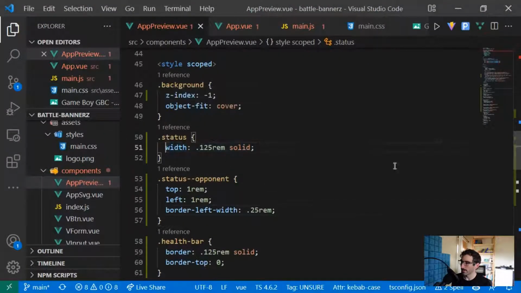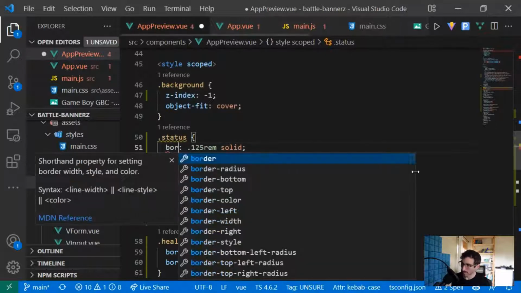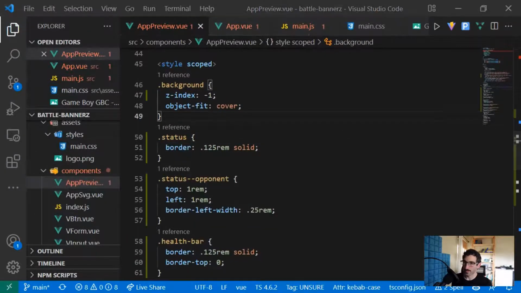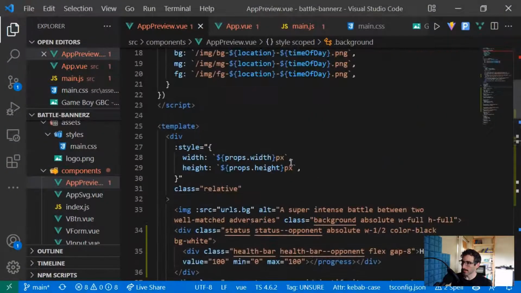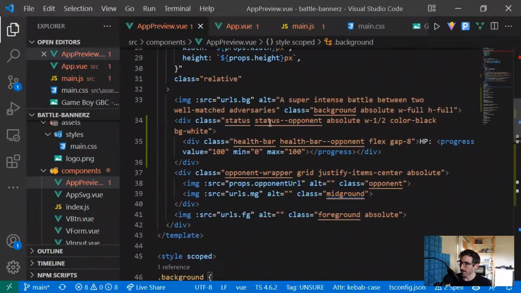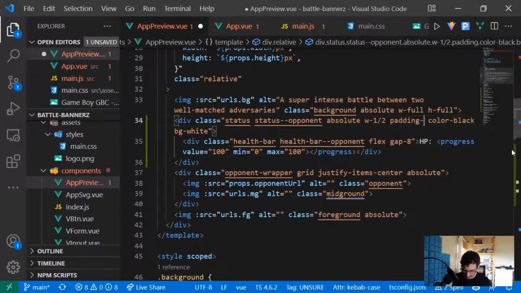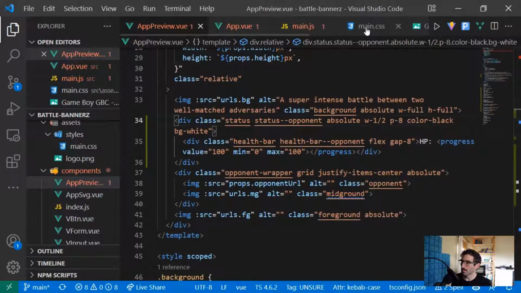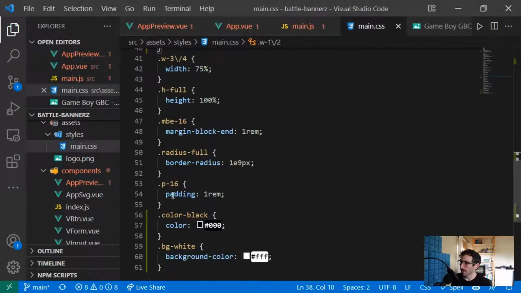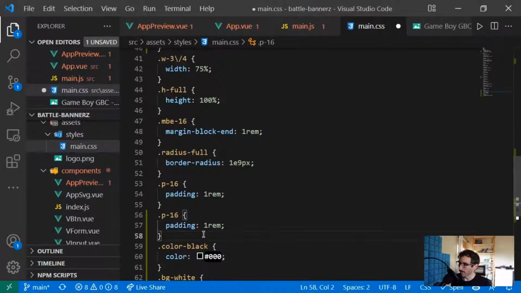Oh, there you go. This should be border, not width. There we go. That's looking right. And then it should also have a little bit of padding. So the status absolute width down here will have padding of 8. Or I guess, am I using padding or just P? I think I'm just using P. Padding 16, we need the same thing, but for 8,